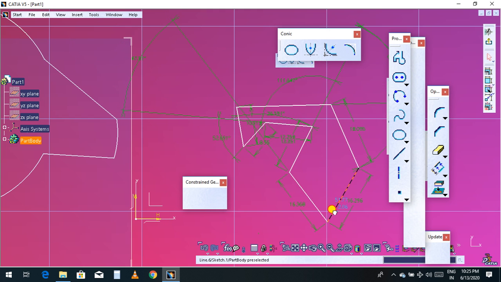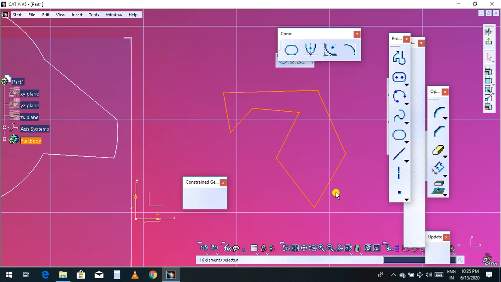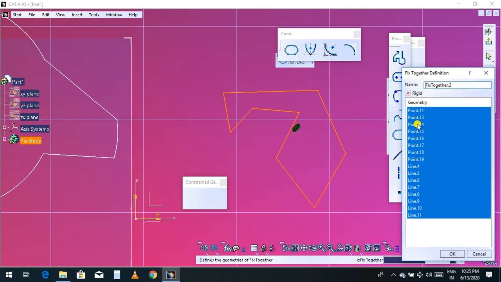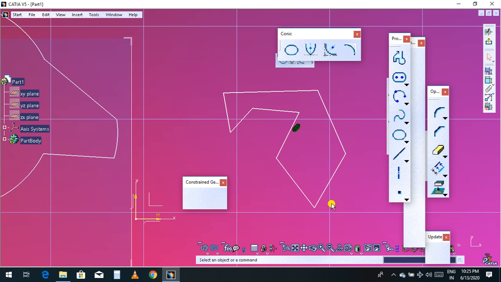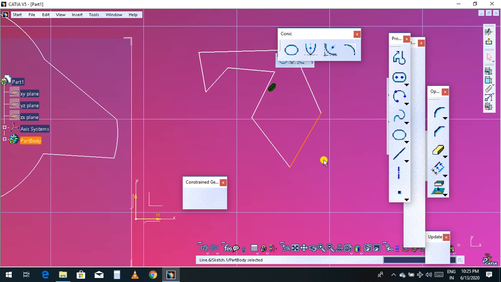Now if you move it, all the parts will move, because I have given constraint values and dimensions. Control Z. Now it is unconstrained. Now I select Fix Together, and it selects all the points and lines. Click OK. Now select any line or point and it will move as a whole.